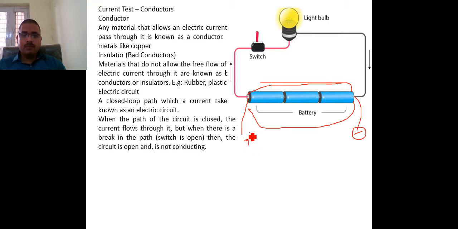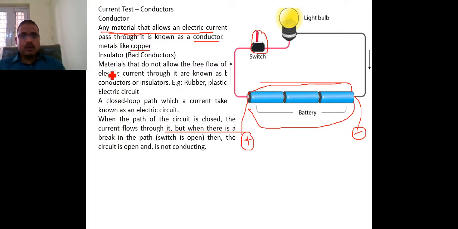Now, when these terminals are attached with a specific wire, and with the help of a switch, the function of the switch is to control the power supply in this given circuit. Whenever the switch is on, the current flows through the material. That means any material that allows an electric current to pass through it is called a conductor. Here we are talking about the copper conductor.